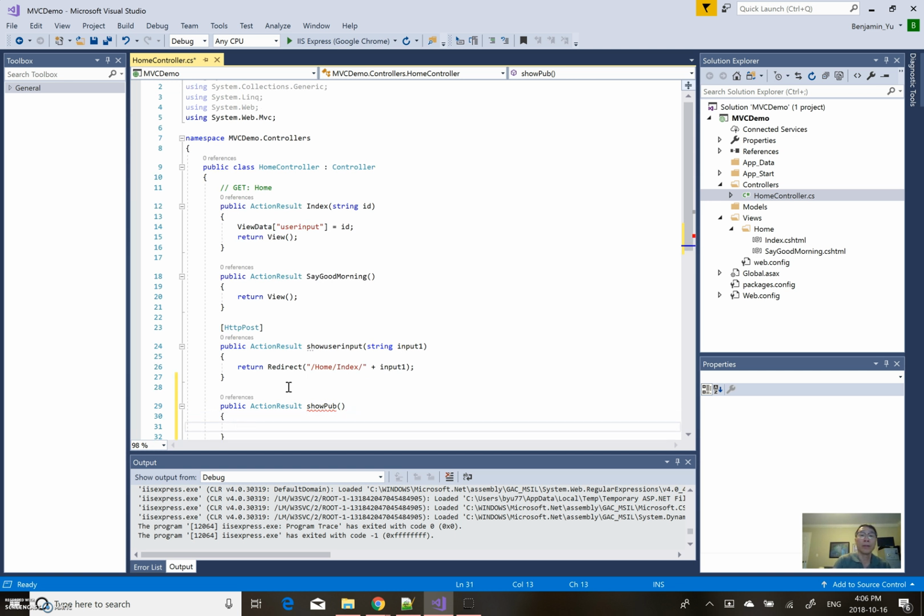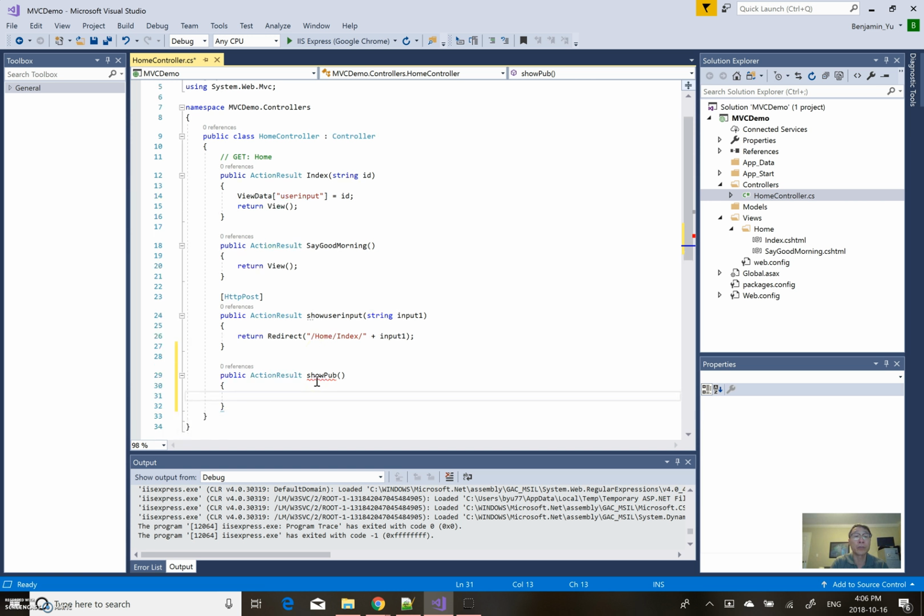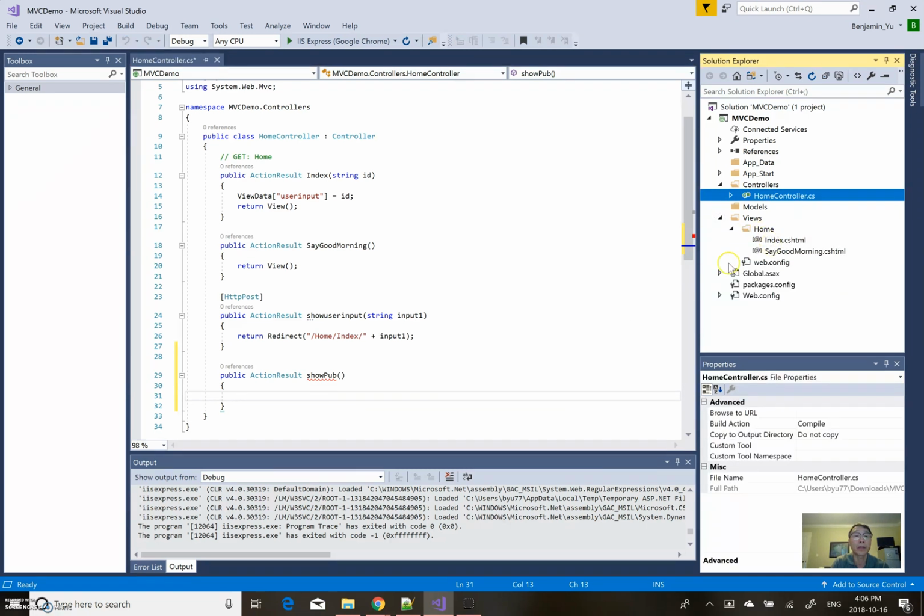All right, and I have a bunch of code ready for it, but before I put code in here, I need to create a view to handle whatever this controller is going to generate